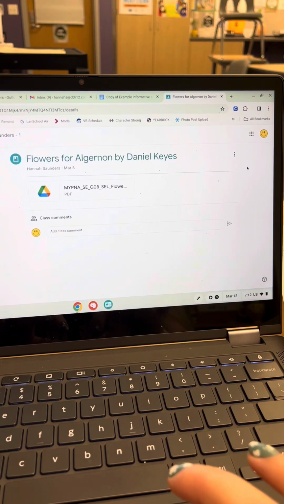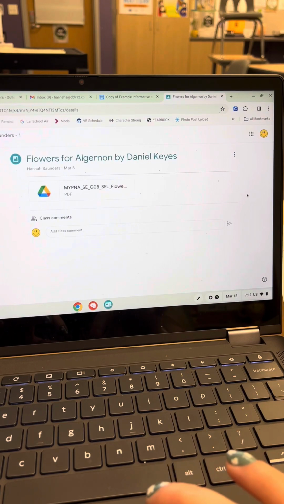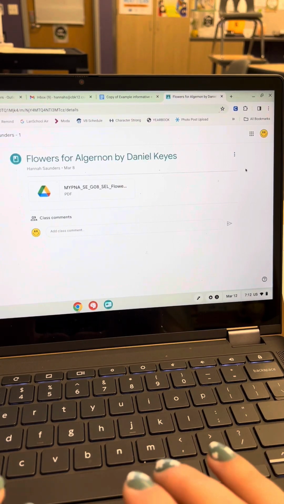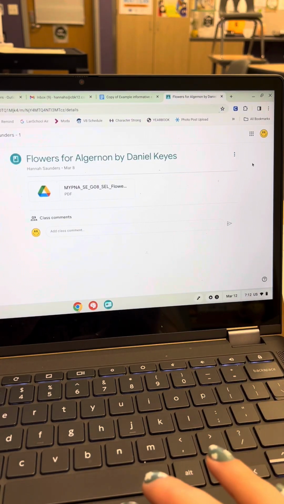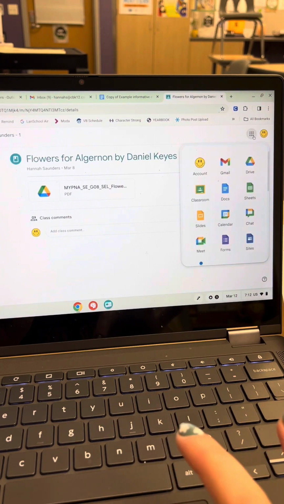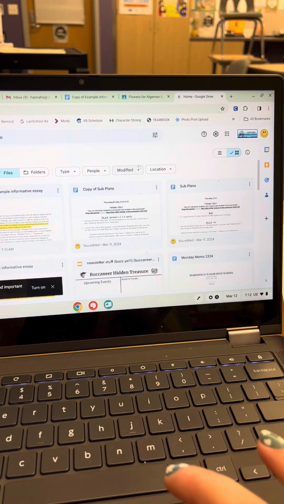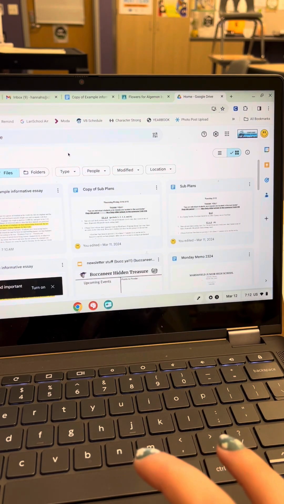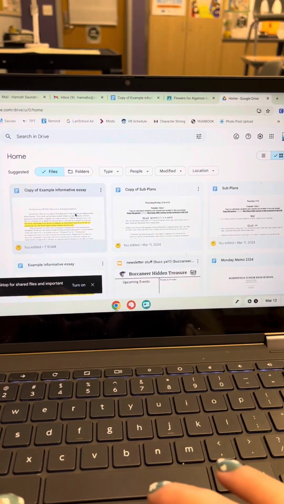After you click Add Document, you will go to either your Docs or your Drive. If you go to Docs, it will open up a brand new document for you and you can start typing. If you go to Drive, you can click something that you have already typed. So it'll take you to your Drive, and then it'll look something kind of like this, right? You have a bunch of different things you can choose from, and it will be the most recent thing that you just did right here. Everyone seeing this? I hope this makes sense.